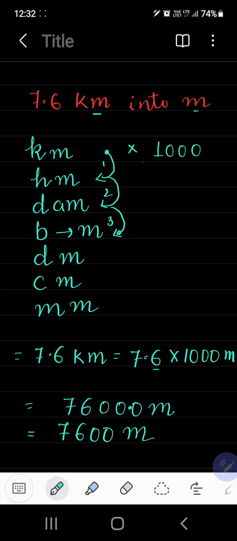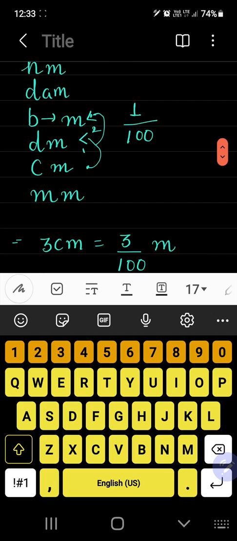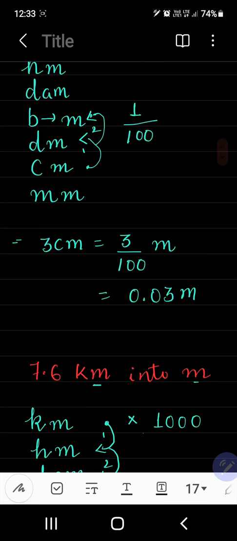सो हमने क्या किया, हमने बिगर से अगर स्मॉलर यूनिट में कन्वर्ट किया तो हमने मल्टीप्लाई किया. मल्टीप्लाई कैसे किया, हमने नंबर ऑफ़ स्टेप्स काउंट करने हैं कि हम कितने स्टेप्स चले और उतने ज़ीरोस ऐड करके वी विल मल्टीप्लाई. एंड इफ़ वी आर converting smaller unit into bigger unit, so how we are going to convert smaller unit into bigger unit, we will divide. और divide किसको करेंगे, we will count the number of steps. जितने steps हम नीचे से ऊपर की तरफ जाएंगे उतने zeros add करेंगे and we will do the conversion.